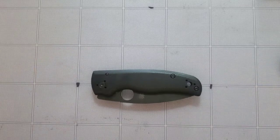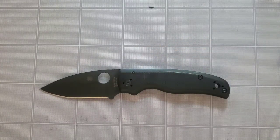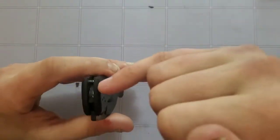Oh my goodness, is this thing freaking awesome. In hand, I geek out over this. As you guys know, I've slept with this knife. It's slept in my pocket. It's easily in my top 2, if not my top 1, I don't know yet, favorite knives, right? And it's just fantastic. What I didn't mention is this is on phosphor bronze washers that you can't see in here,